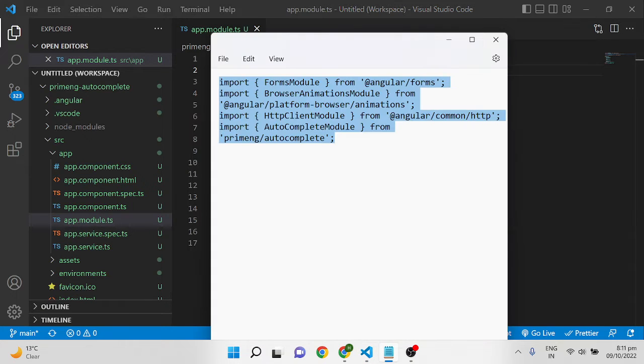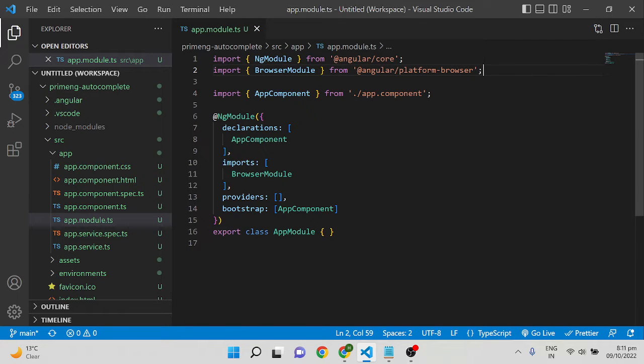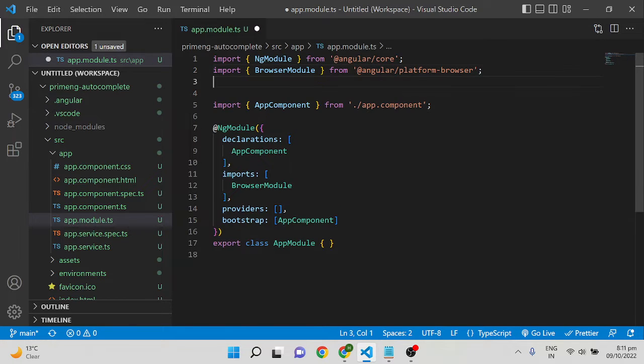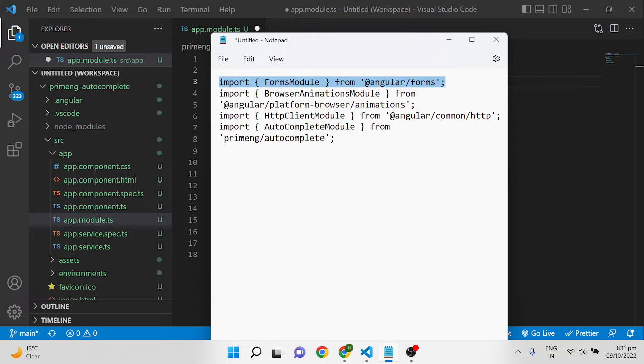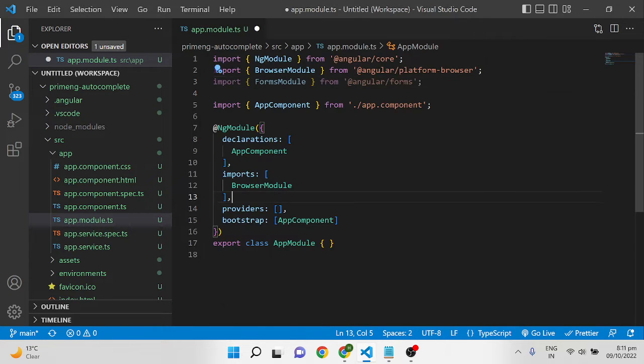Okay, so before we import the autocomplete, we have to make sure we are using forms module. So if you are using ngModel, you can use forms module. If you are using model driven forms like reactive forms like a formControl, you can use reactive forms module instead of the forms module. And the next one is the important one, if you are using autocomplete module, is